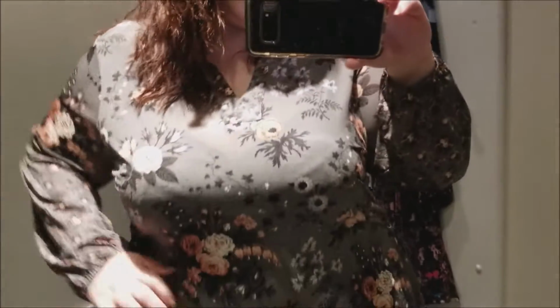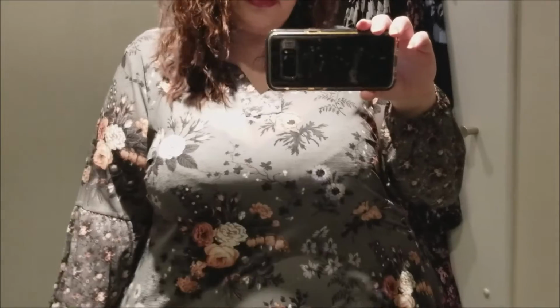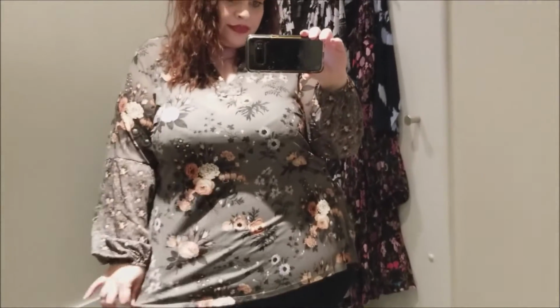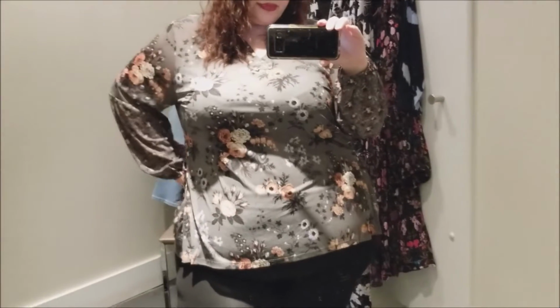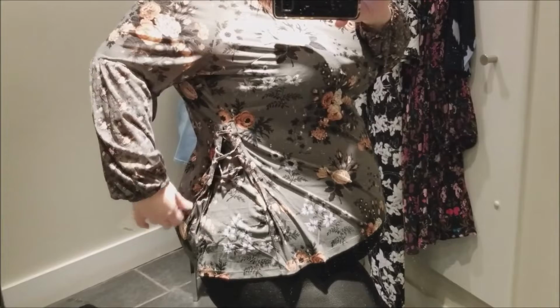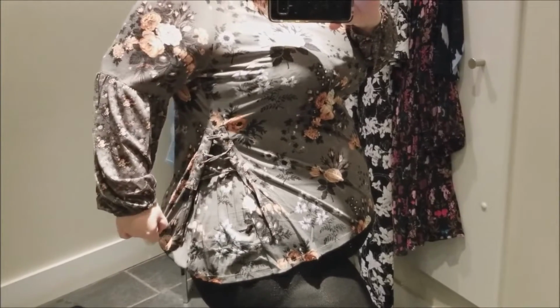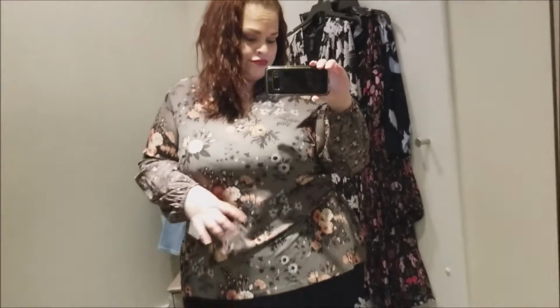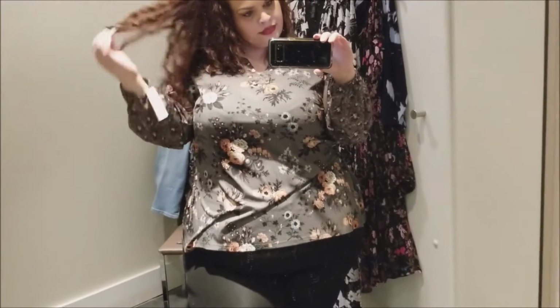Then I forgot about the shirt, so I just tried it on with my leggings. It was all right, nothing special. It did have a cute detail on the side, like I'll show you right away, this lace up detail on the side that allowed you to adjust the hips on it, which is a good thing. But just an odd, awkward length. Nothing really that special. Of course, the olive green and the florals were really pretty, and I did like it. It just, you know,